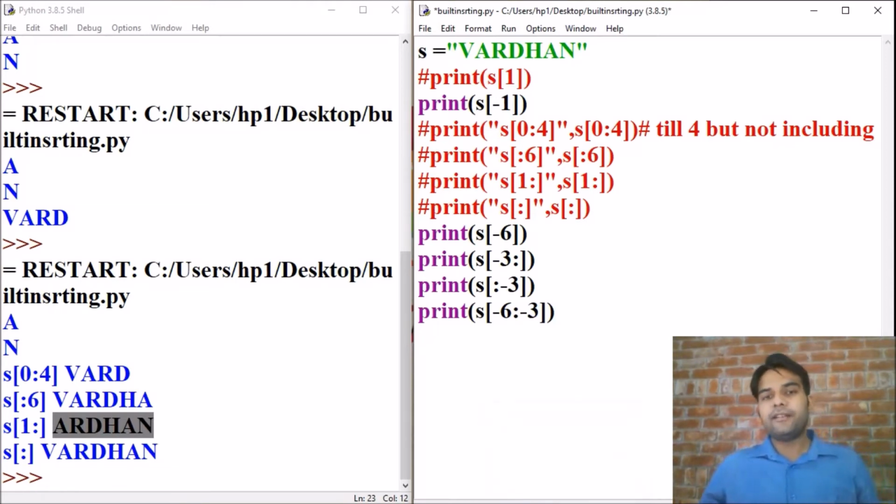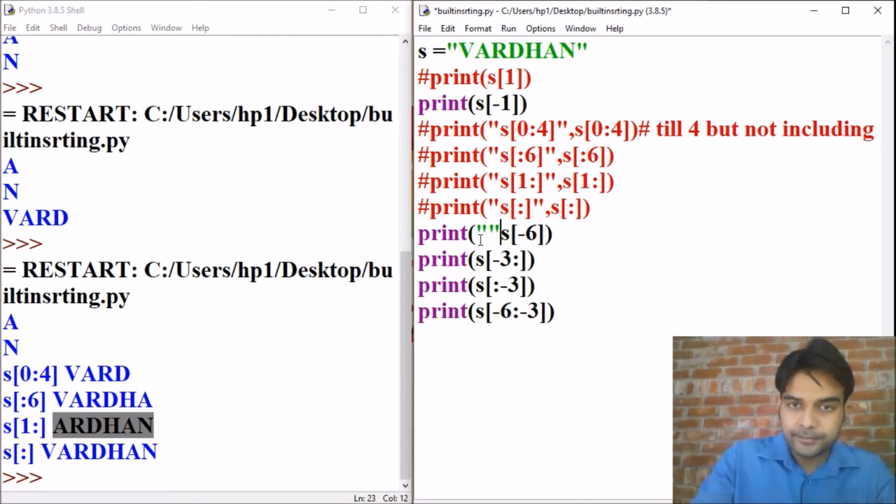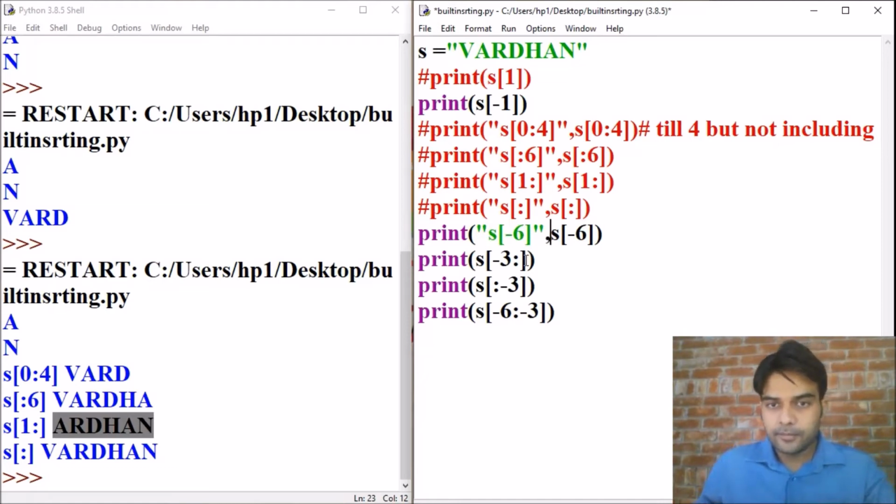Now see, for negative index s minus 1, this n will be printed, and for s minus 6 that index will be printed.